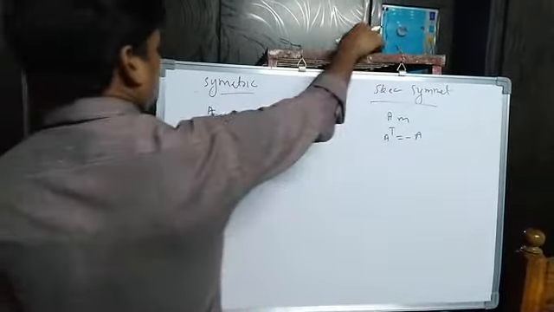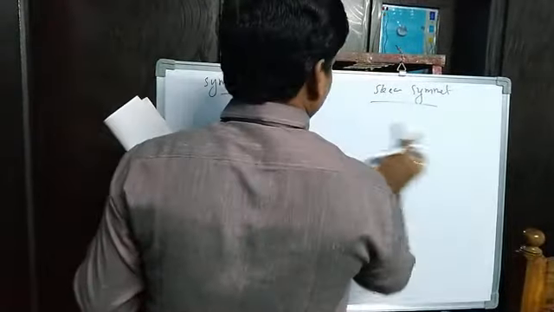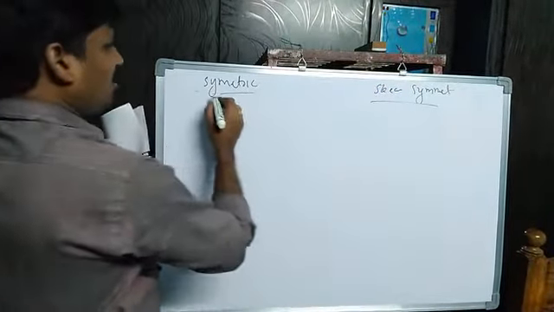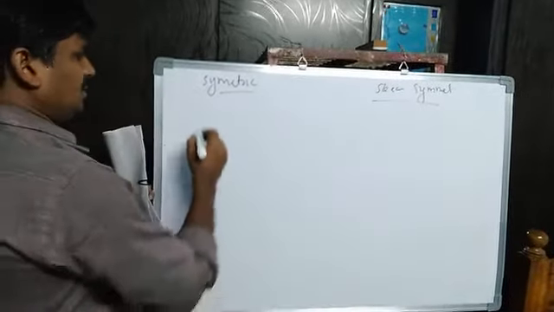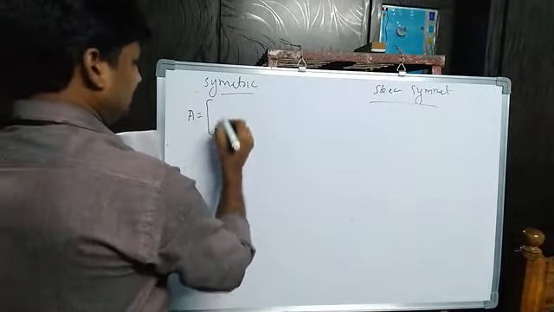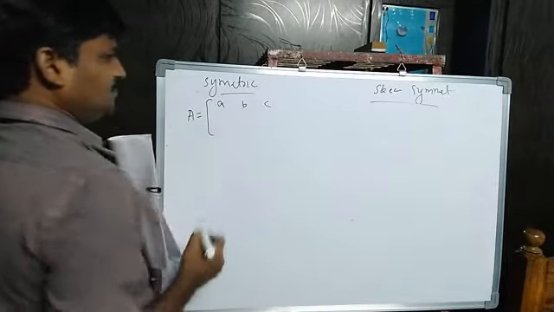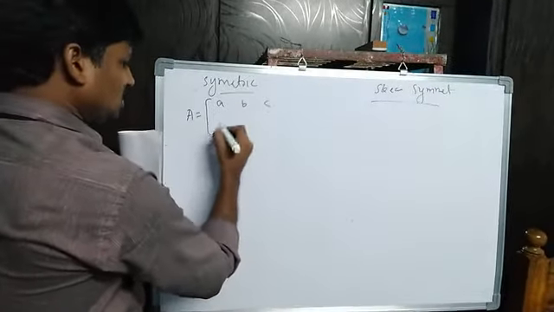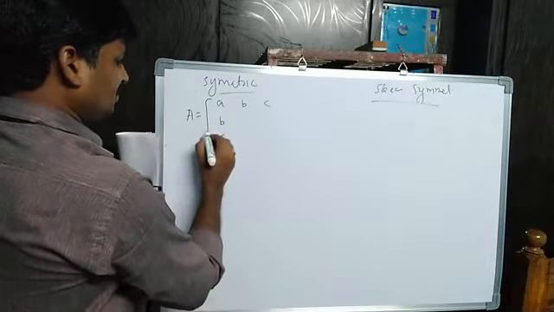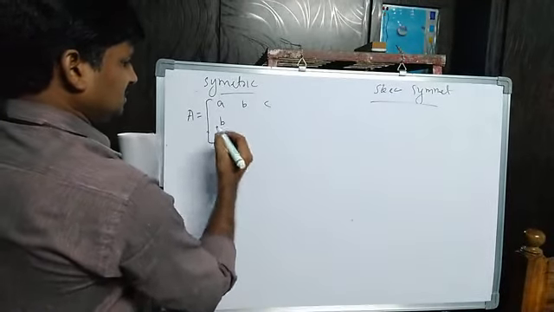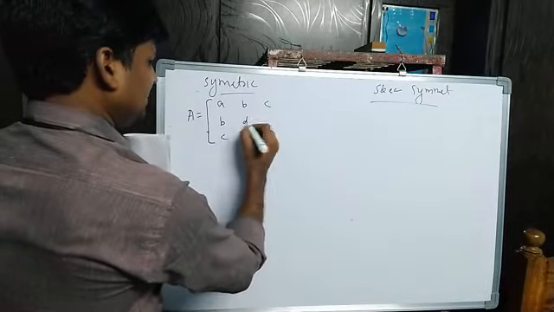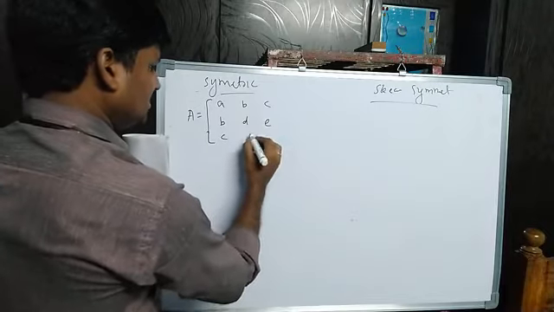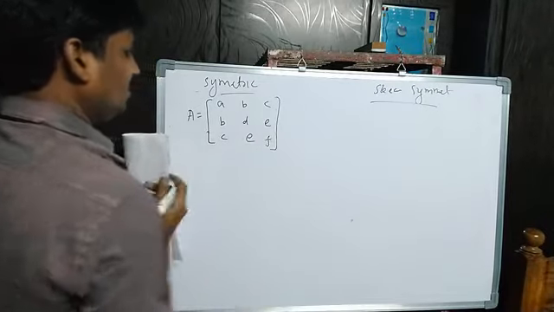Okay, very good. Now I am going to give some examples. A general example of a symmetric matrix I am writing here. Just remember how we have to construct a symmetric matrix. The first row is A, B, C. Here also we have the same A, B, C in the first column. Here and here these elements we have to take the same. Suppose here D I am taking, here E I am taking, and here also E, here F, and here also F.